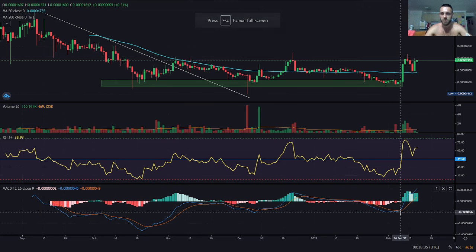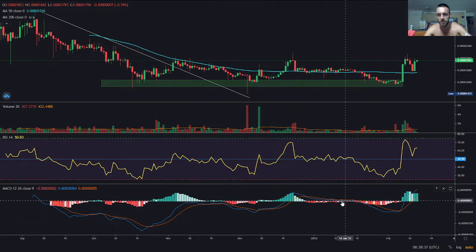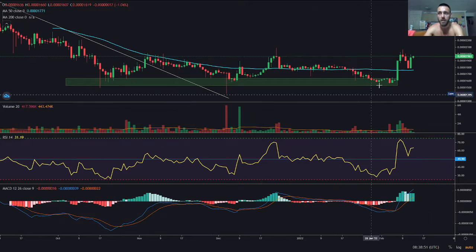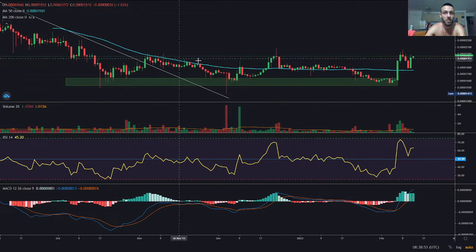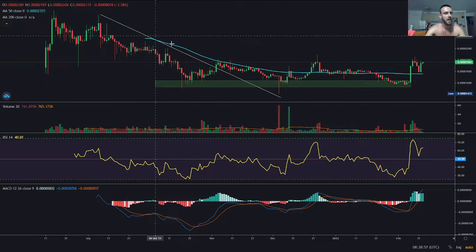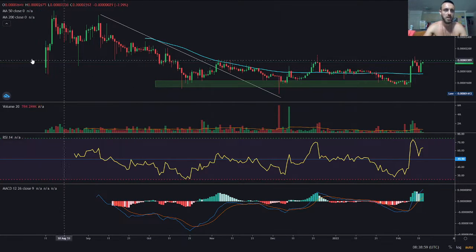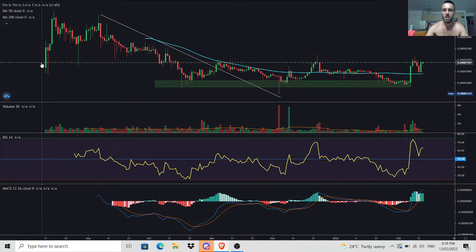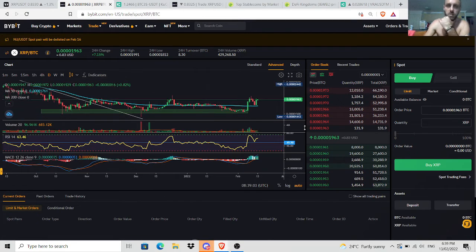When the MACD crosses up, that's a good sign. But until we're above the zero line, it really doesn't mean anything. See, back here it crossed up, but it didn't really do much until we got above the neutral zone. We're well above the neutral zone. Okay, it looks like we found support. We're going to continue an uptrend. Down here we broke the downtrend, now we're going sideways. So we could just enter a range, but with the way XRP is looking, I think we're going to break